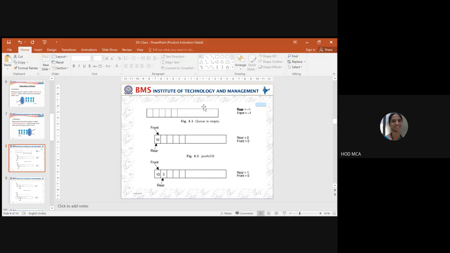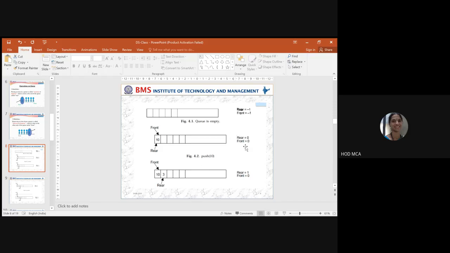Now, let us take the pictorial representation. When a queue is empty, initially rear and front are initialized to -1. So when both rear and front are -1, that means our queue is empty. Now, when you start inserting, I said insert at the rear end.